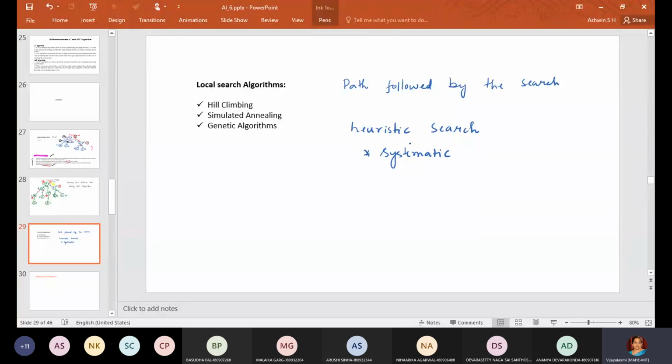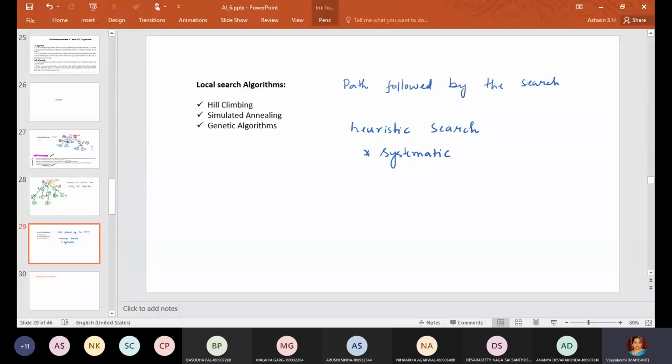This systematic approach is achieved by keeping one or more paths in memory and by recording which alternatives have been explored at each point along the path. We have used a queue, we have used a priority queue. So we kept on saving one path, we checked whether it is best or not, then we moved in the other direction like that.